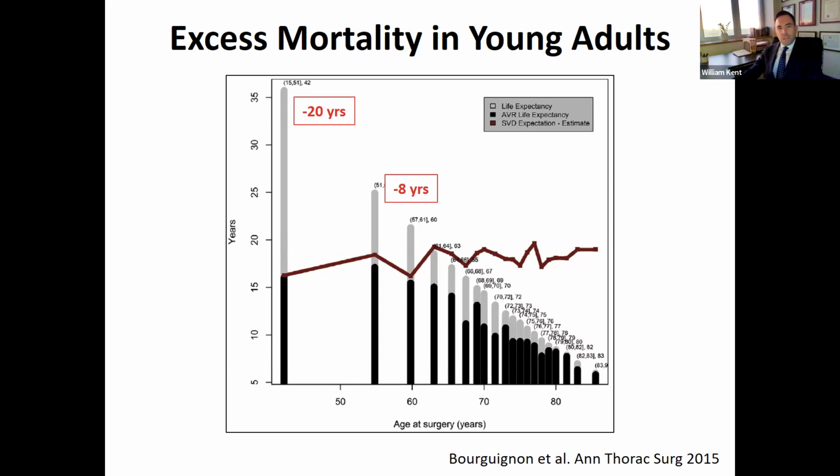And that shows excess mortality in young adults. This is looking at observed to expected ratios of patients, looking at what their expected survival would be relative to what was found when these patients were followed longitudinally. It's striking. The patients under age 50 lost 20 years of life as a result of having a bioprosthetic valve. The survival, the observed to expected ratio, improved with older cohorts, but in young adults, certainly evidence